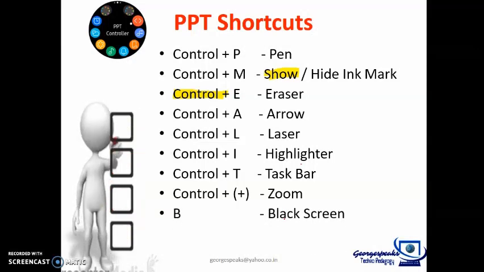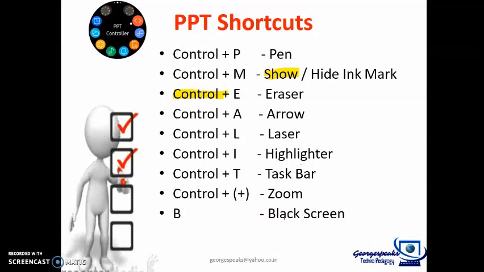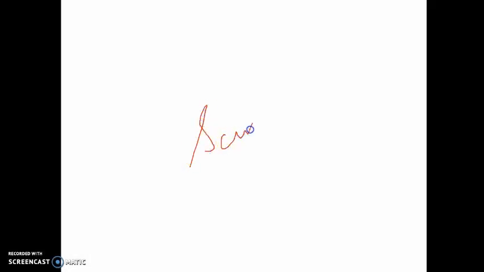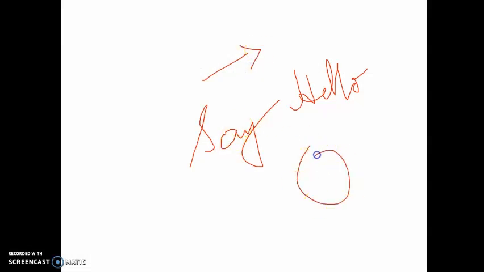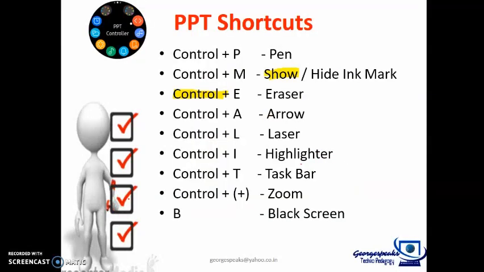And there will be people who would not like blackboards. They would prefer something different, a whiteboard. If you want a whiteboard, all you have to do is press W on your keyboard and you will get a whiteboard. And again, you will be able to write whatever you want, and you will even be able to draw. See, it's very easy. So it will function as a blackboard or a whiteboard. And once again, when you press W, you go back to your screen.